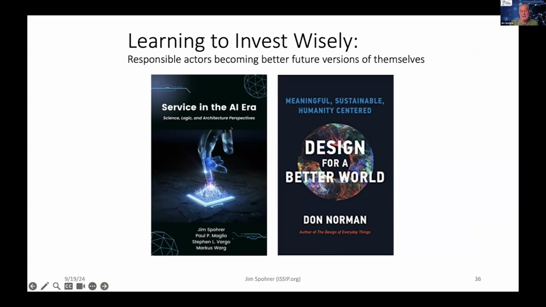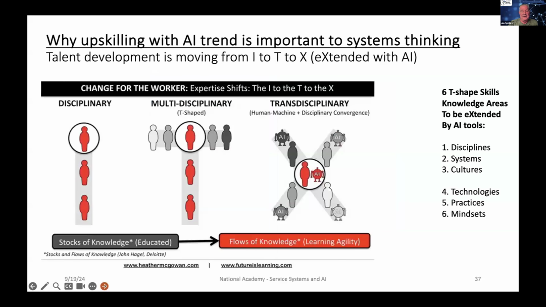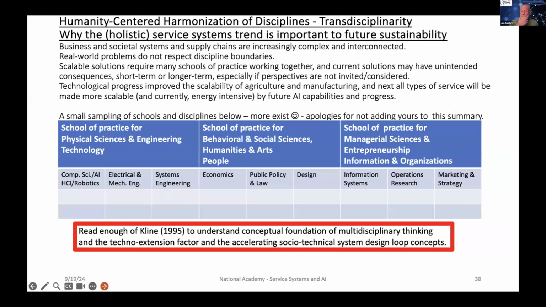These are a couple books I recommend. This one I wrote with some colleagues a couple of years ago, and here's the Don Norman book that he sent me a couple of years ago, I guess, to read, that I thought was really good. And again, from a team science perspective, I think this notion of the T-shaped individual, that we need breadth and depth, and we have to become more transdisciplinary. I'm not going to go into it, but I've given a lot of thought and written a number of papers, even co-authored a couple books on this transdisciplinary notion of how do we do a humanity-centered harmonization of all the disciplines